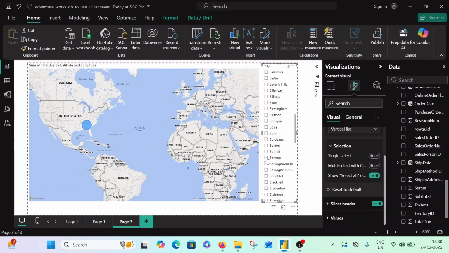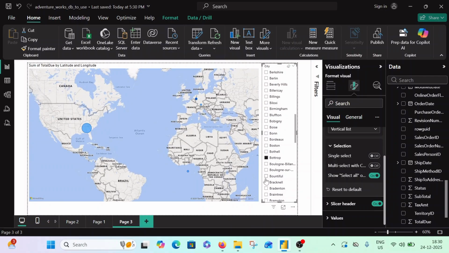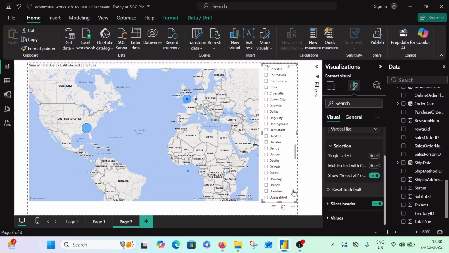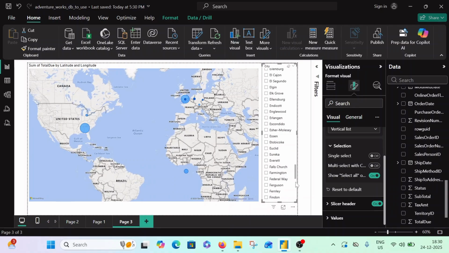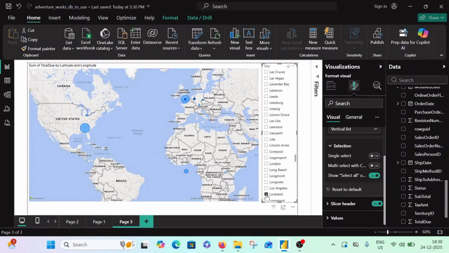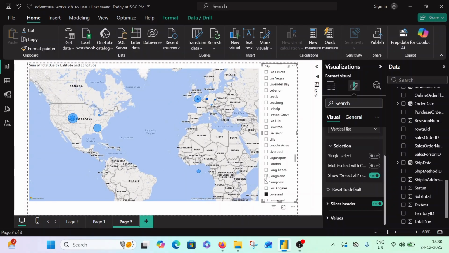Now with a single visual it may not seem like too much, but next time maybe I will add multiple visuals and make it very interactive. Maybe in the next video we can touch upon bookmarks with respect to maps and have a complete report over here. So I think this is it for today. A small topic, but yet a very important and tricky one.